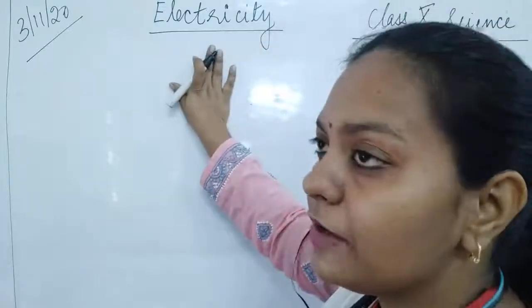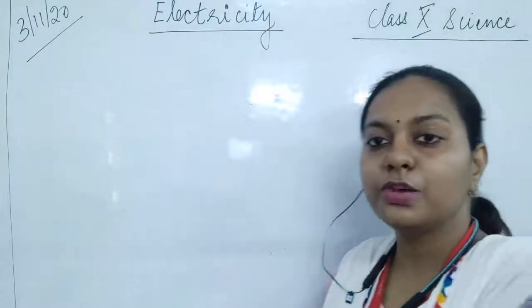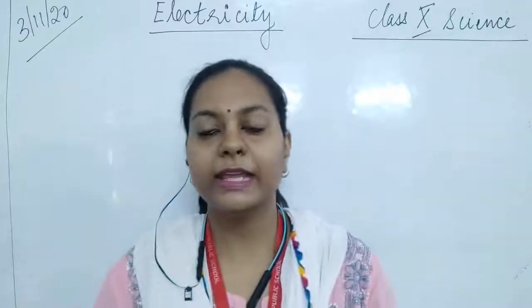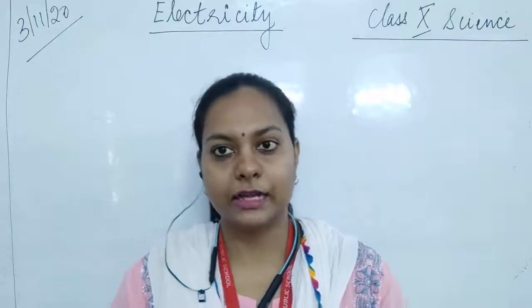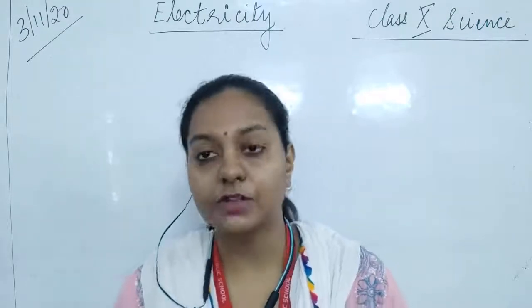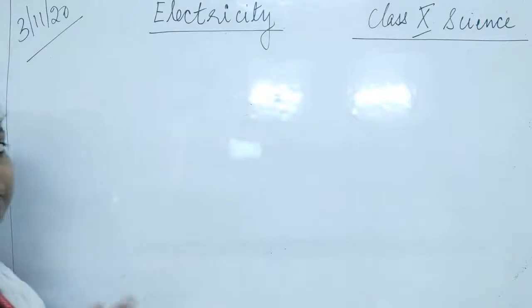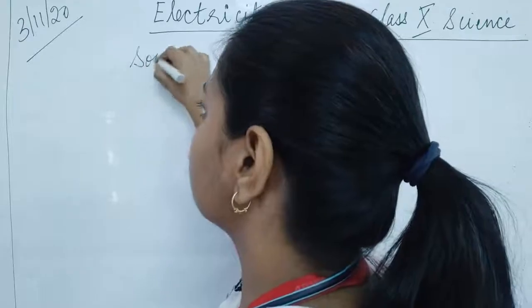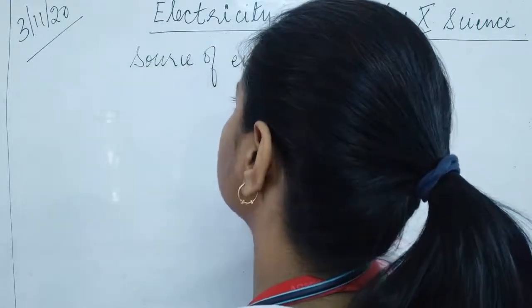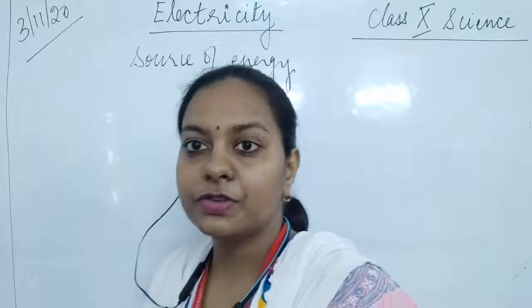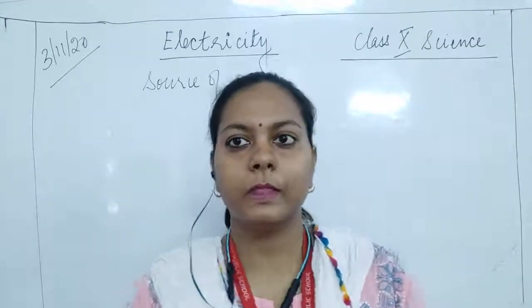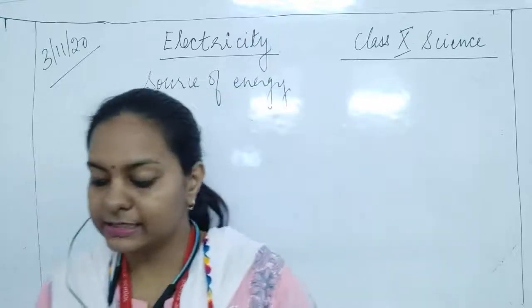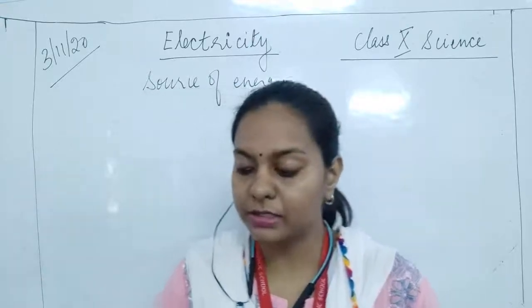Now children, you have always heard that we are using the power, we are using the electricity, so how can you define this electricity? We can define electricity as a condition that it is a flow of charge, or it is a source of energy. Very simple statement that it is a source of energy. What kind of source of energy is this? Electricity is an important source of energy of modern times.